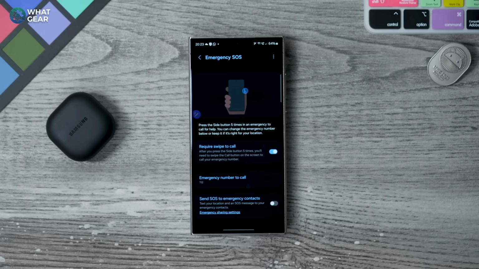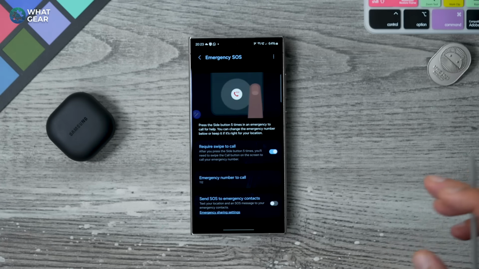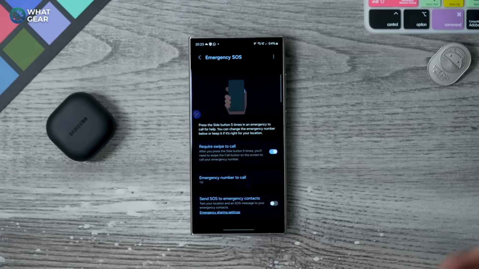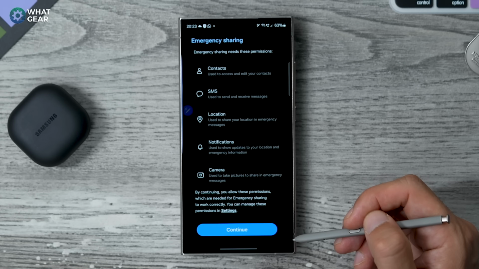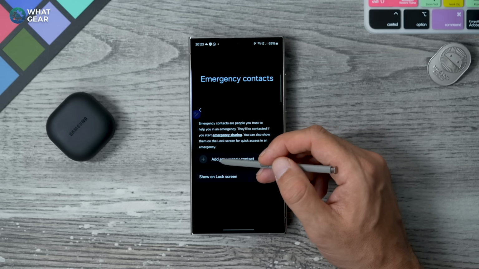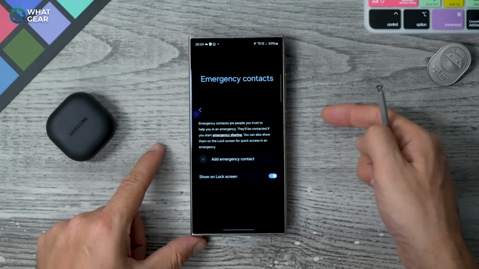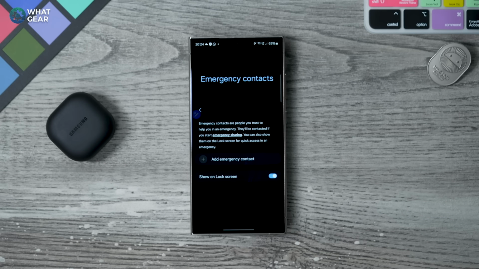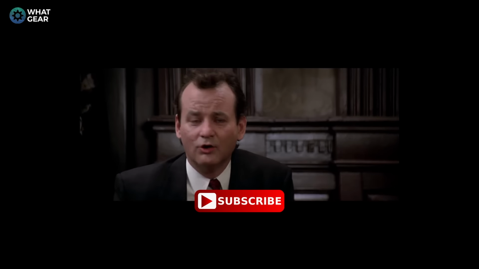But if you want to go one step further than this, because who knows how quickly they're going to respond to you. They don't know who you are, where you are, or anything about you. Maybe your family and friends do. So you could enable this and add contacts to your emergency SOS. And all you need to do here is hit the plus. So if you do find yourself in a scary situation, maybe there's something strange going on in your neighborhood and it doesn't look good, what you can do then is just push the button 5 times. You'll get the emergency services and you'll also alert your contacts. Sometimes it happens, someone has to deal with it, and who are you going to call?